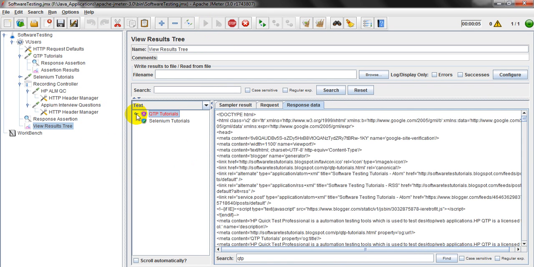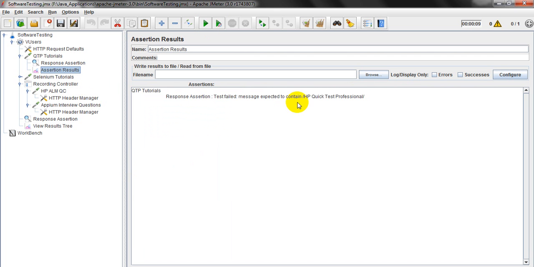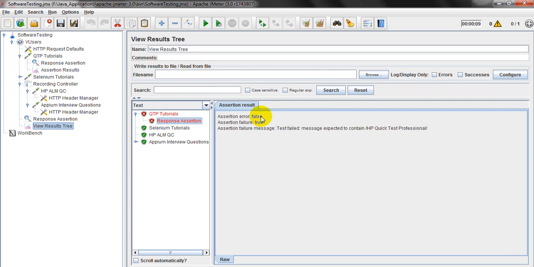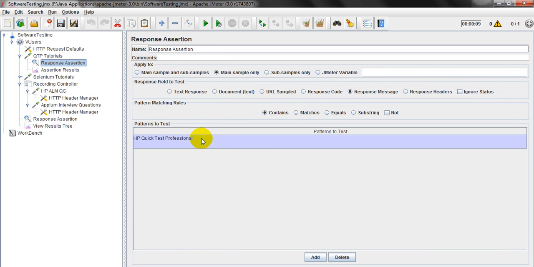Why is it giving fail? Let's see. Text expected to contain HP Quick Test Professional. Text failed. Assertion error is false. The text failed to contain is Professional. See what is the result? Same. It means it is not found in the response. Okay, the response message is OK. So let's write OK. Contains